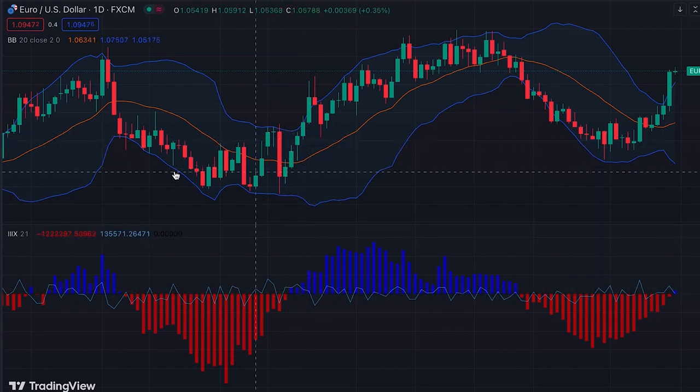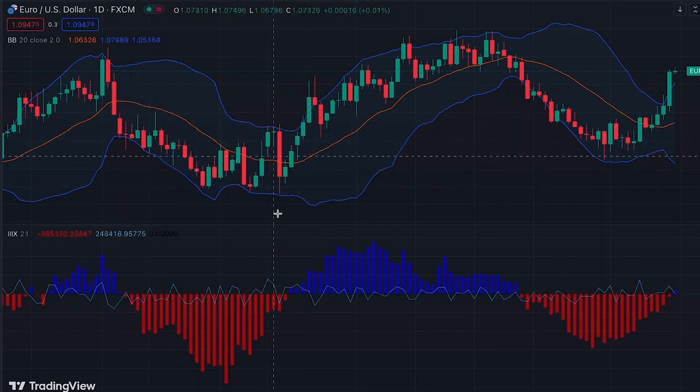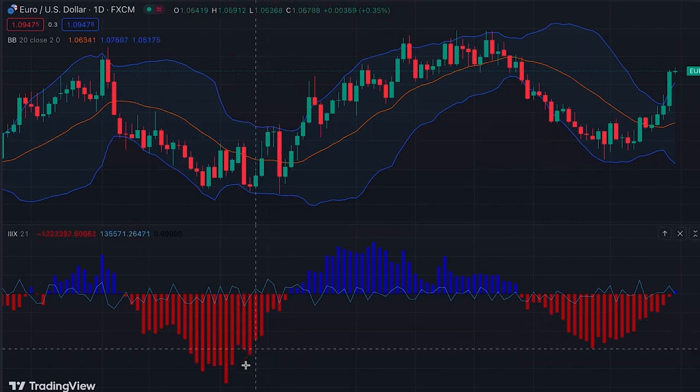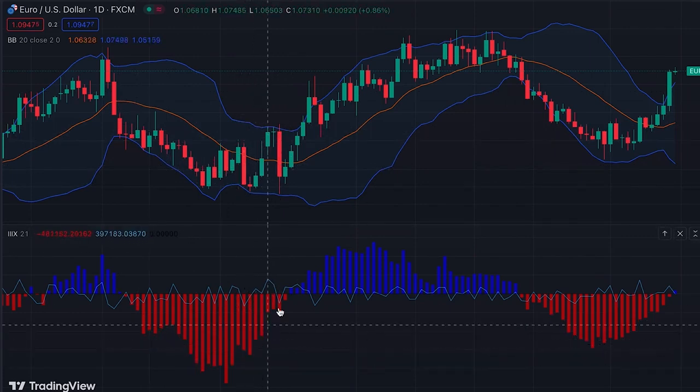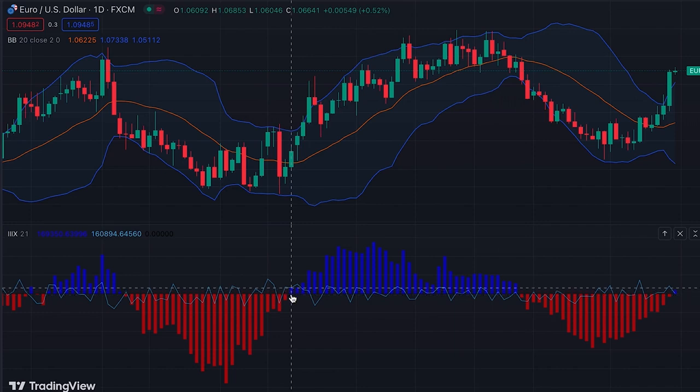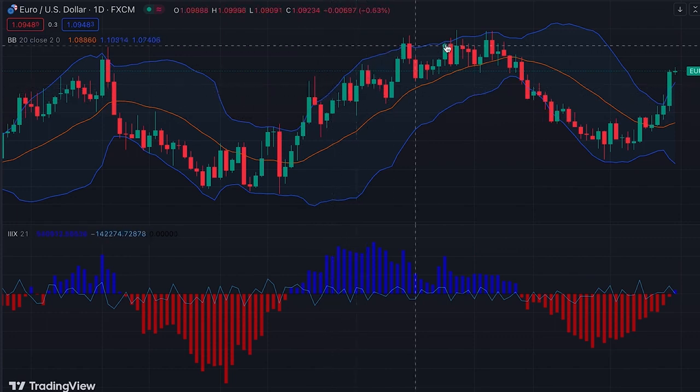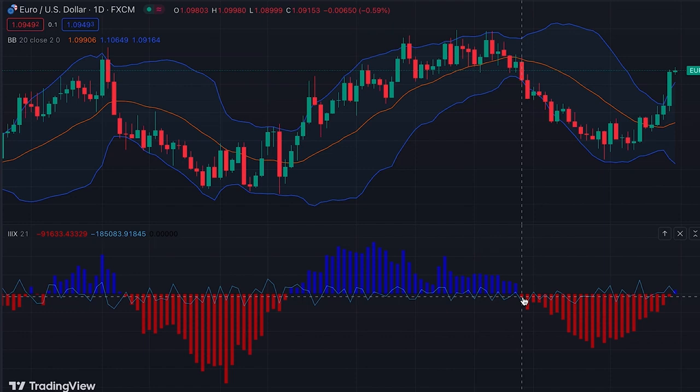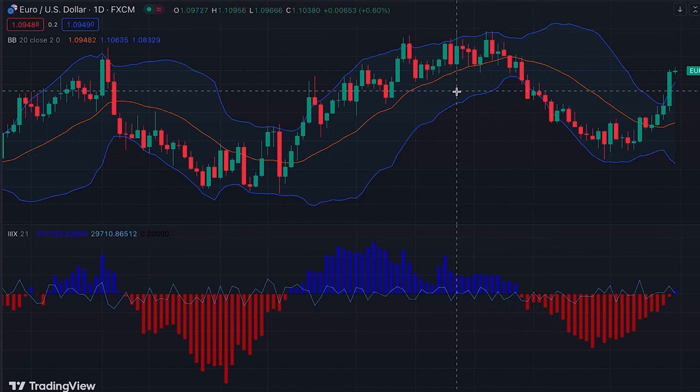You can clearly see that as the price was tagging the lower band with increased buying pressure, this indicator is showing us that the selling pressure was becoming weaker and weaker up to this point where it becomes positive and blue. So here we can enter a long position, and as the price is advancing and tagging the upper band, we wait for a negative bar, and it gives us the signal to exit our long position. So when this red bar is formed, we exit our long position,